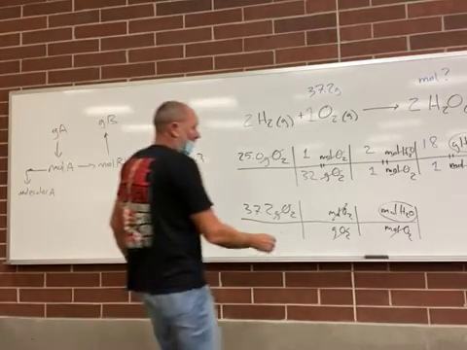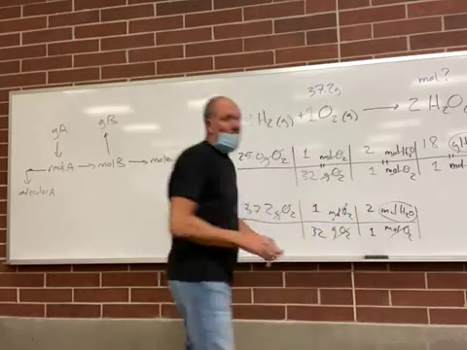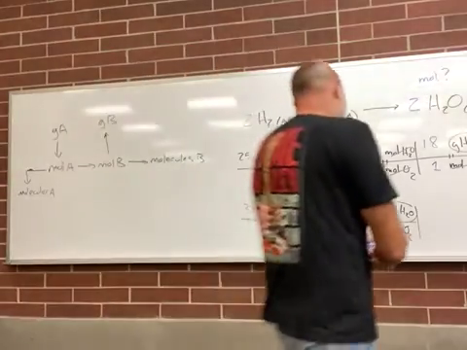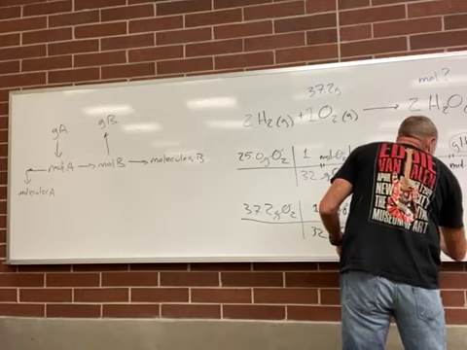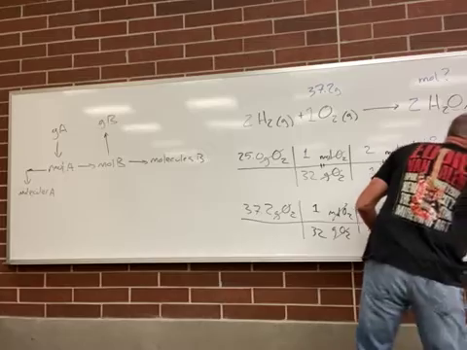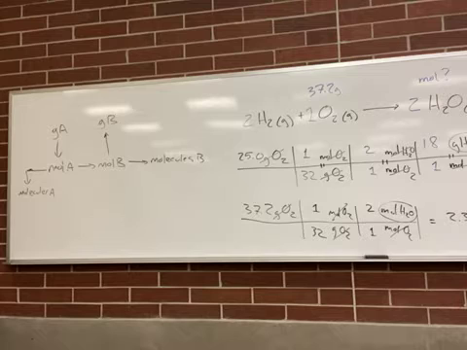So now all I do is go back in, I put my 1 here, my 32 there, I put my 1 here and my 2 here, and notice when I do this, going from grams to moles, it's a shorter equation because again I'm stopping at moles. So 2.33. So depending on what the question's asking, depends on how much of the equation or how much of the roadmap I use. Let's say